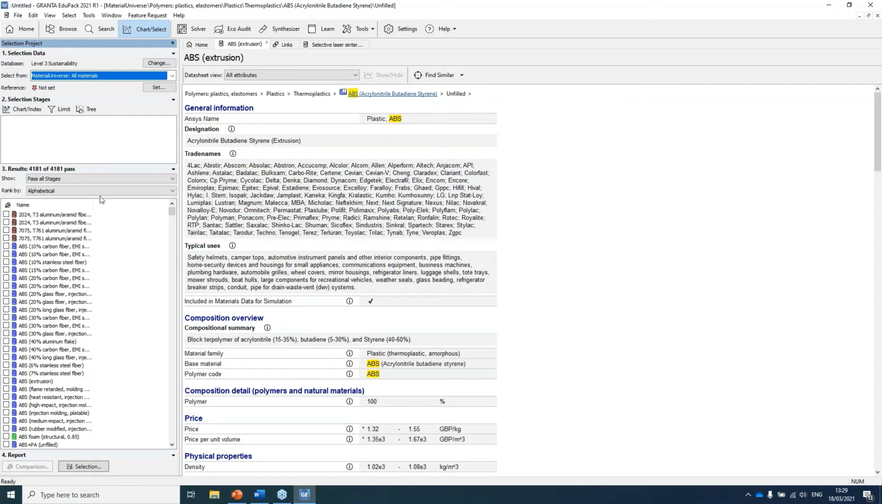From the results panel, we can see that currently in the materials universe, there are almost 4,200 grades of engineering materials. And all of these materials, I will use them to create the two charts I have mentioned. The very first one is our signature property chart. We'll use this chart or index tool to create that chart. And for example,